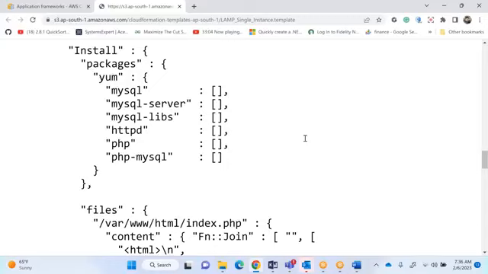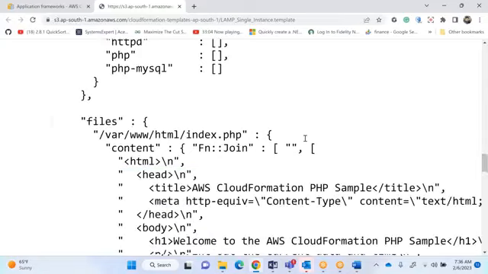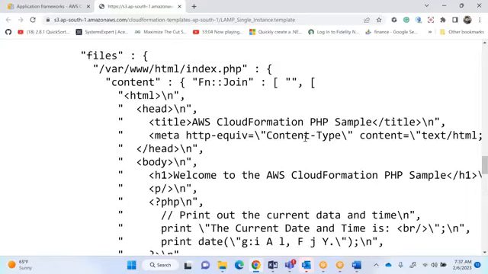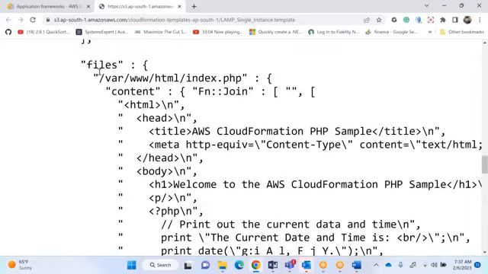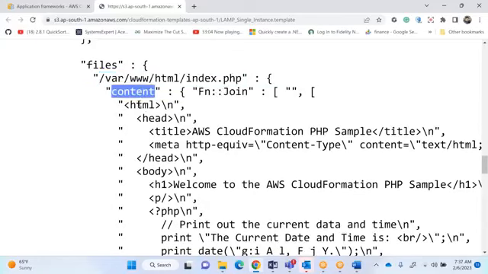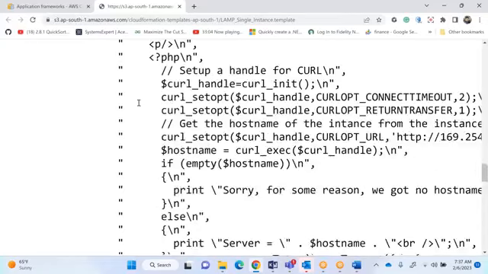Is it clear? It is automatically installed. Then you go for file. What is the meaning of a file? Slash www slash html slash index.html, and then it is creating a file in this location. What is the file it is creating, sir? It is creating one content, an HTML file. One file is getting created.